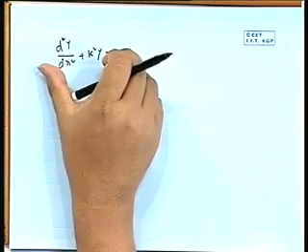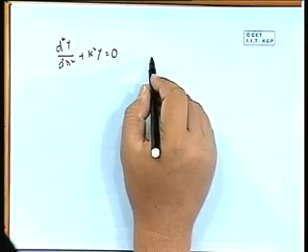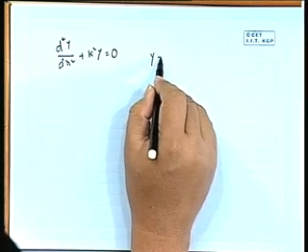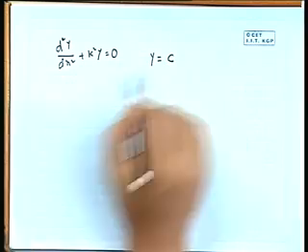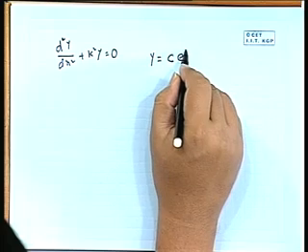Or sin cos, it has a much more elegant form of representation: e to the power something, say e to the power x. E to the power x, if you take the derivative, it will be e to the power x. Any number of derivatives you take, it will be e to the power x. And e to the power x, if you expand, we can get sin, cos, sin hyperbolic, cos hyperbolic. So for that type of equation, the solution is y should be some constant c e to the power mx,